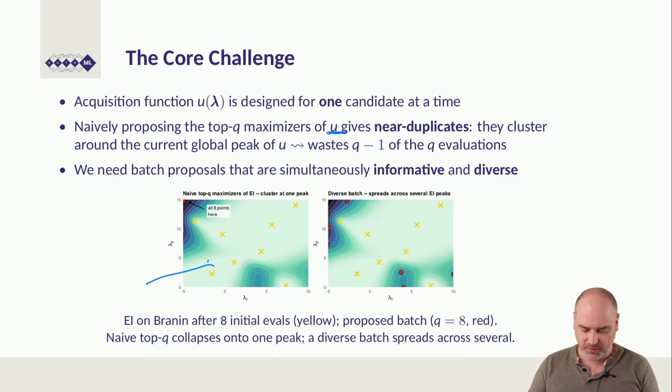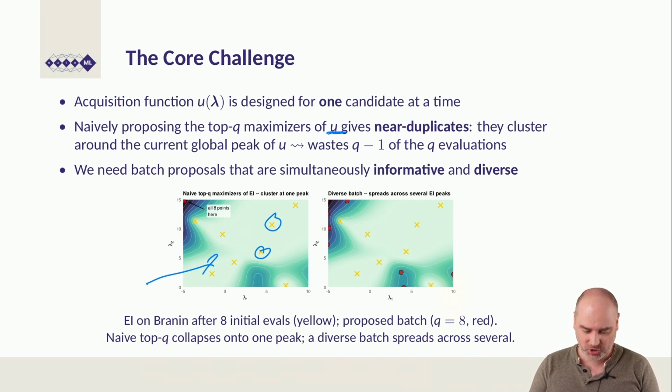I've used the Brownian function here. We've seen this a couple of times. You can see here in yellow the initial design, or the points currently in the archive, and I'm now trying to propose 8 different points in a batch. What you can see in the background of the plot is the most interesting part of the plot: the expected improvement landscape. So we are fitting our surrogate model on these yellow points, then establishing the EI landscape and optimizing that, and then returning the top 8 candidates from this EI maximization,